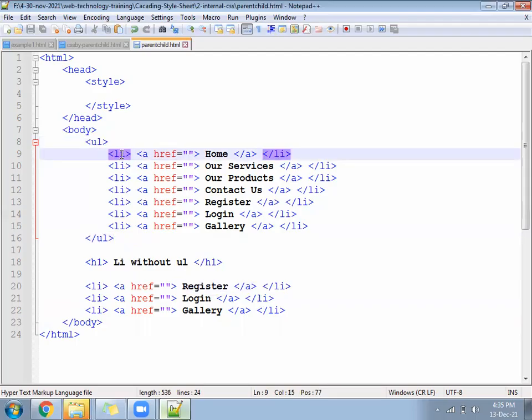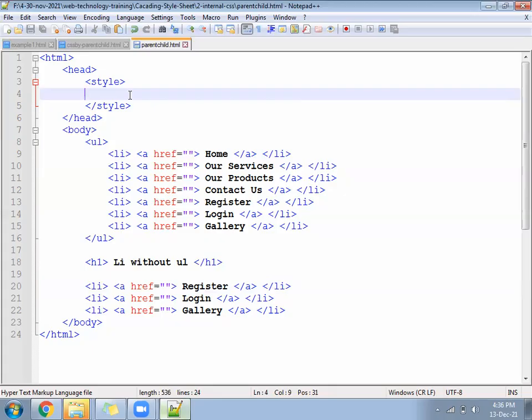Now we need to address the A tag. We want to reach till A tag. You can see A tag is here also and A tag is here also. Right? But we want to reach only this A tag, that is under the UL. So how to write the CSS for that? Using the method called parent and child. Simple, not very difficult. We will write easily.